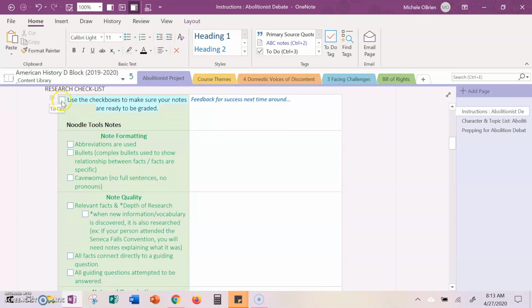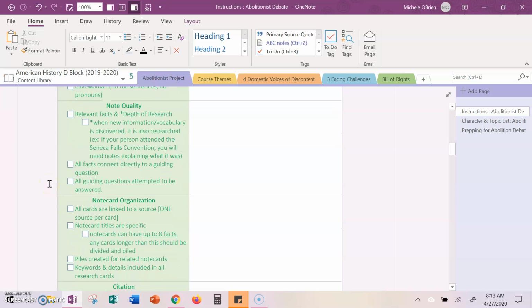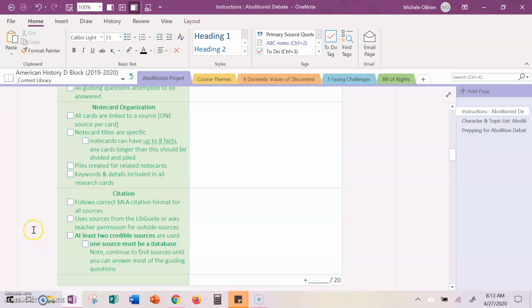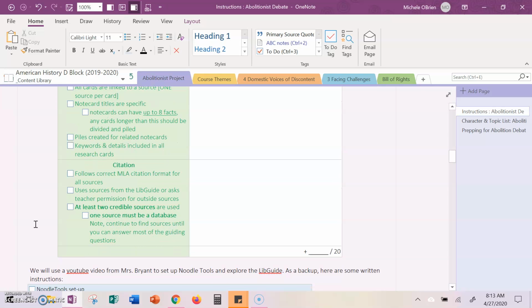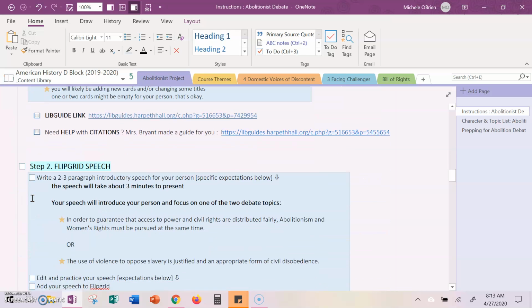I would also recommend this step before I jump into grading those notes: take a look at the expectations for those note cards. So open up Noodle Tools, run your eye over those notes and ask, am I following the formatting expectations? Yes or no? Am I really working on the quality of those notes? And how's my organization and my citations? Know that we're not looking for perfection here, we really just want you to do the best based on where you are right now. We've already done our Noodle Tools setup, so we can click that off, and ta-da,